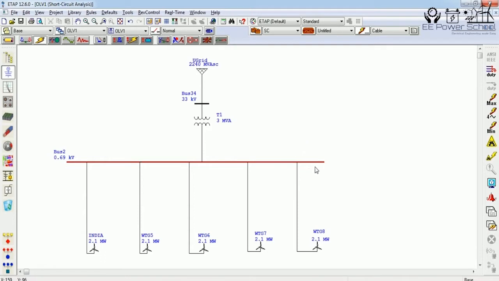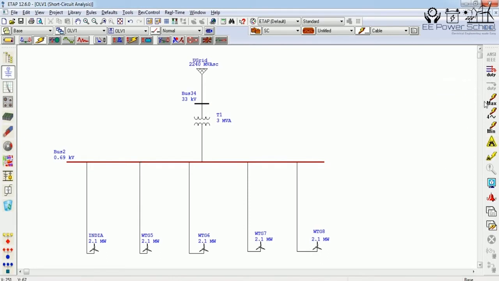Now let us go to the display options on the right side tab, which is for running the short circuit analysis according to the duty we have to perform. Here is the duty option, which is as per ANSI C37 standards, running a 3-phase device duty.